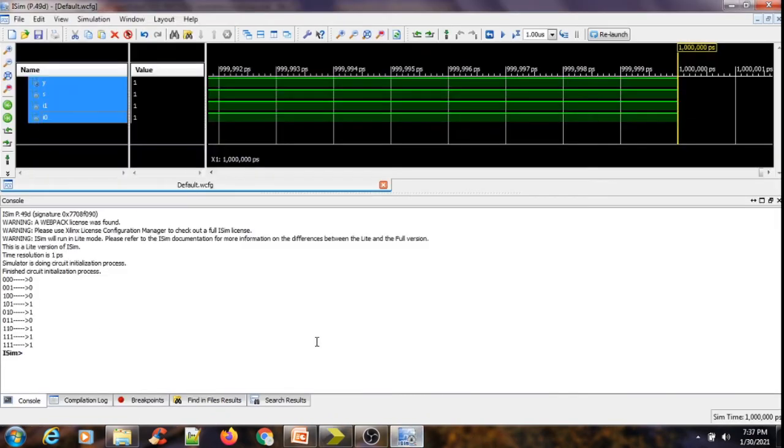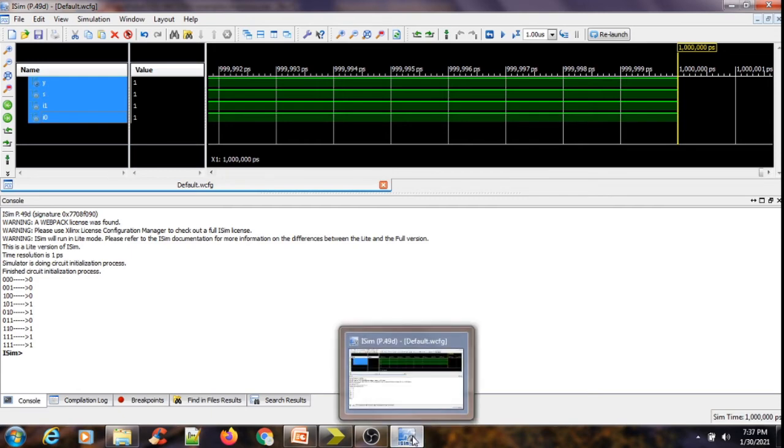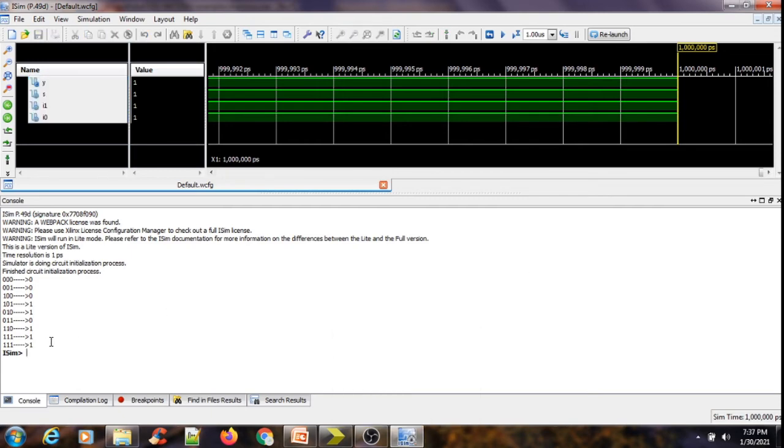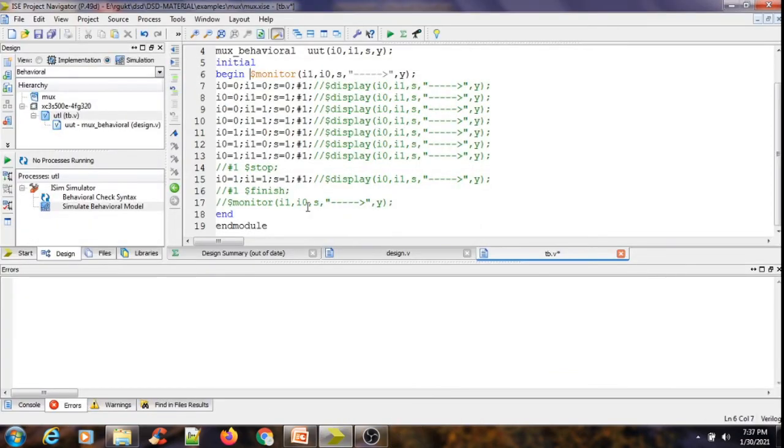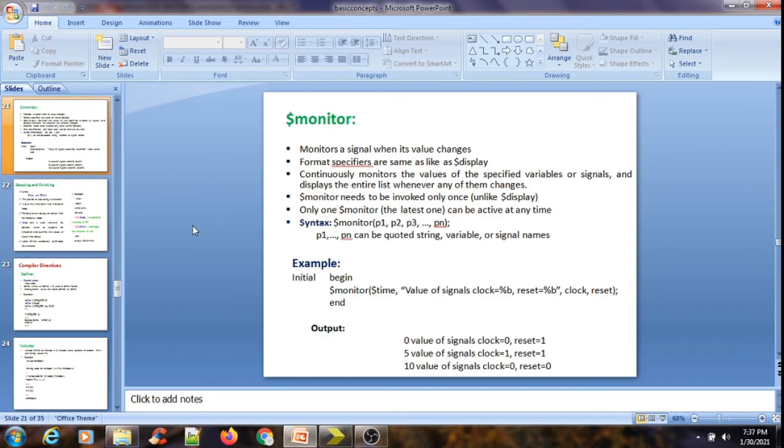So in the console window, what happened is all 8 variables whose values are repeatedly changing, and the corresponding output will also change. As the inputs are changing, the corresponding output will also be changing. So this is the use. This is why $monitor has its own privilege in developing a Verilog design, any sequential design or a combinational design. So this is about $monitor, and the very next one in our discussion is